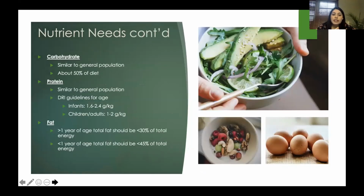So in terms of the macronutrients, carbohydrates, protein, fat, the recommendations are very general, the same as for the general population. There aren't any specific things that are a little bit different. Carbohydrates are about 50% of our diet, and these are grains, breads, pastas, fruit, vegetables, all of which fall under the carbohydrate category. And protein is things like eggs, meats, and some legumes, like beans, for example. And again, we follow the recommendations. It's believed that, depending on each individual person, whether more protein is needed or less, and that could be because of decreased muscle mass, it's not needed at higher levels, but usually we just use the